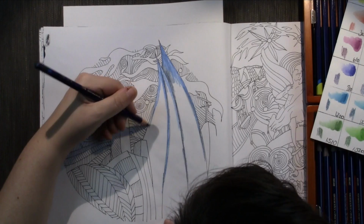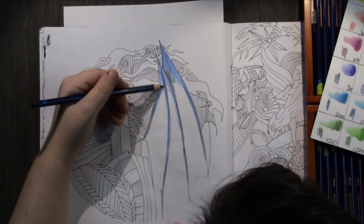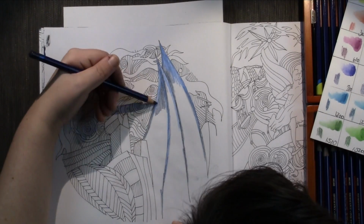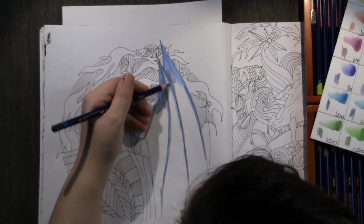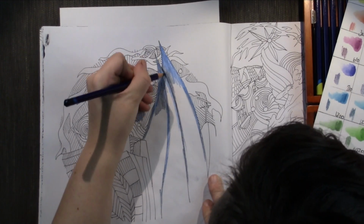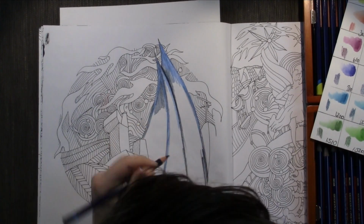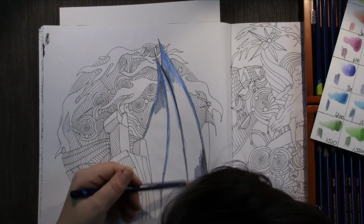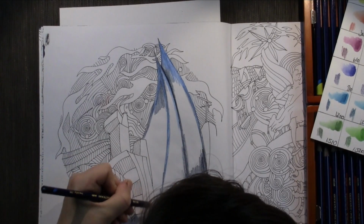This is like a watercolor pencil. You can leave it dry or not. I like to not leave it dry. So I'm just putting the pigments where I need them to go very roughly, and then I'm liquefying the pigment with a brush, and thereby can have light and shadow going on. And the last thing that I'm gonna add for the very deeps here is the deep indigo. Now this is almost like a circle that goes round, and I don't mind going over the lines because I'm having something planned. I'm gonna use quite a bit of black in the end